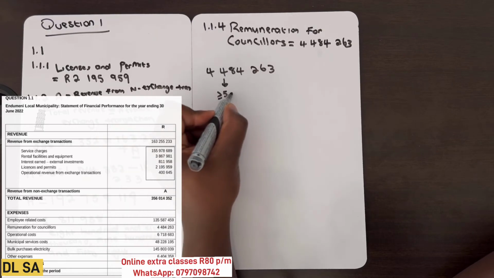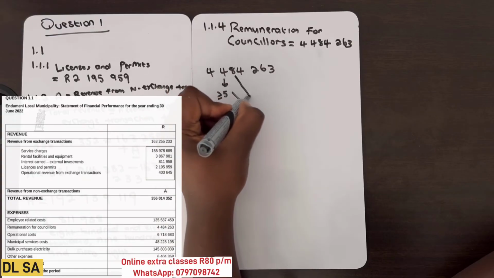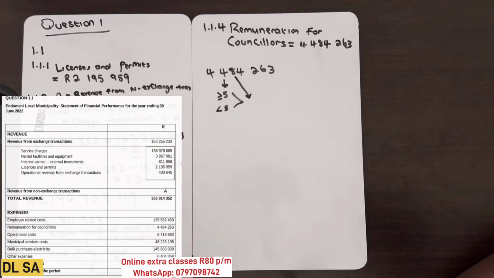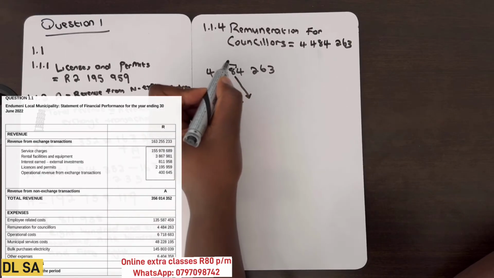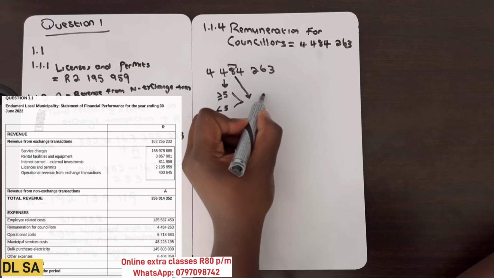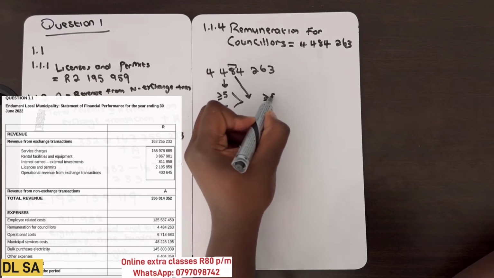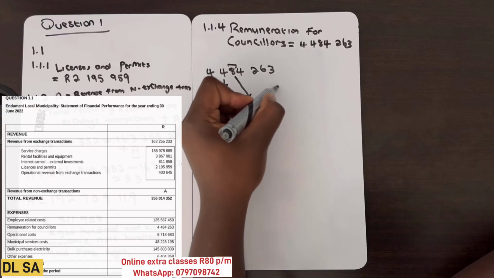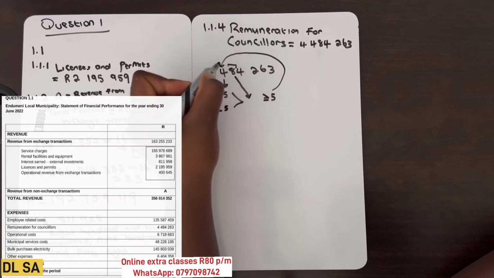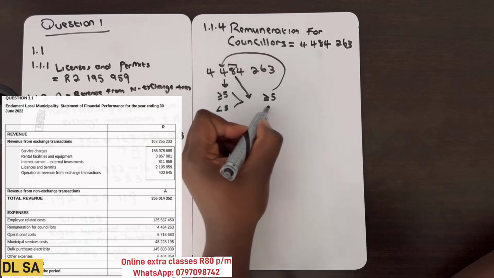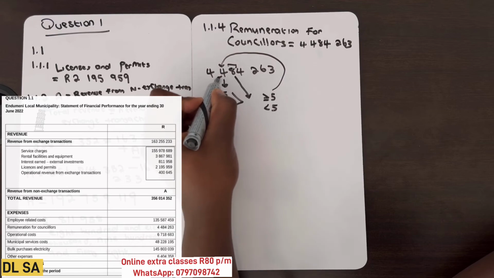And this change is influenced by this number, which is 8. So if this number that is here is greater than or equals to 5, it will cause this number to change. And if it is less than 5, this 4 will remain